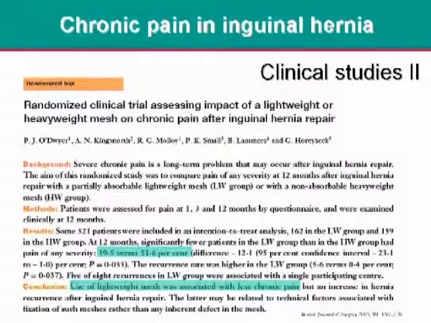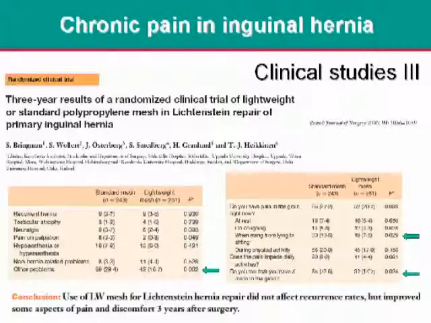Another clinical study by Otvaya unfortunately found a higher recurrence rate using this lightweight mesh. This was not proved by a study from Brinkman, investigating again a standard mesh and a lightweight mesh. He couldn't find an effect on the recurrence rate, but he found improved aspects of pain and discomfort